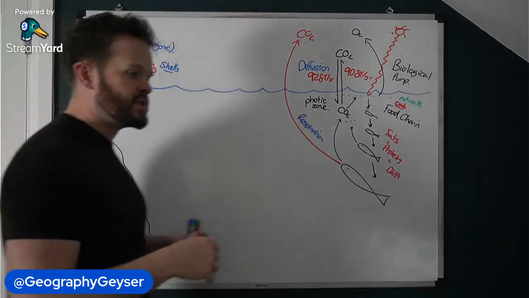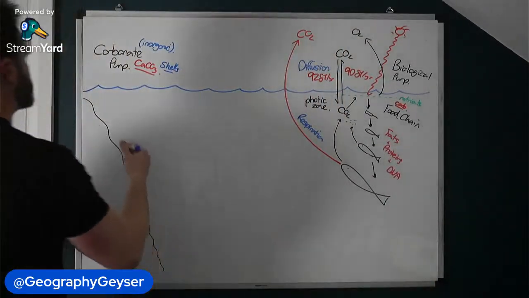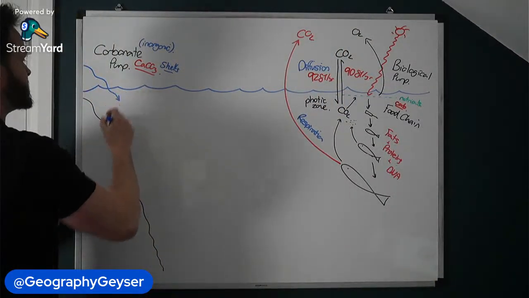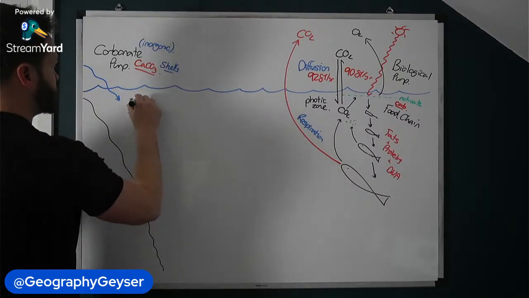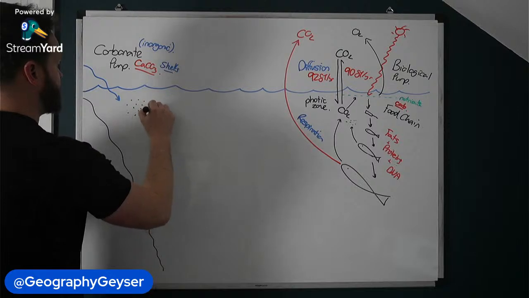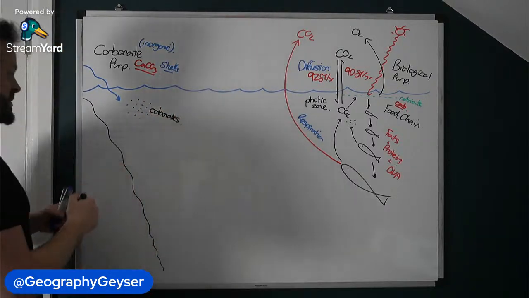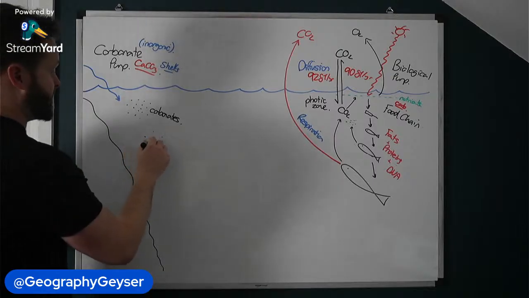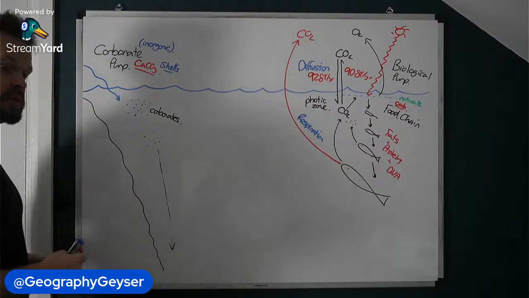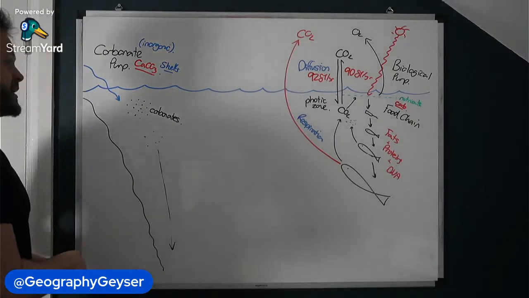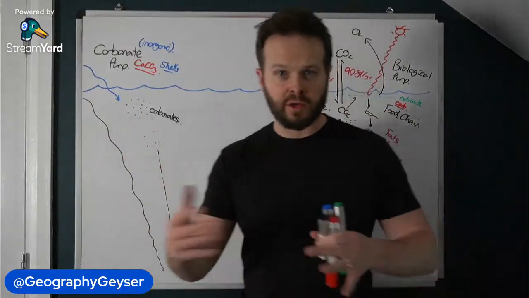So we bring in some of the content from the slow geological cycle. If you remember, chemical weathering carries dissolved carbonates via solution into the ocean store. So what we've got here are carbonates. Now, some of these carbonates precipitate, so they solidify straight away, and then they will go down to the ocean floor. Sedimentation will take place. This is the carbon that is currently locked up in the slow geological cycle.